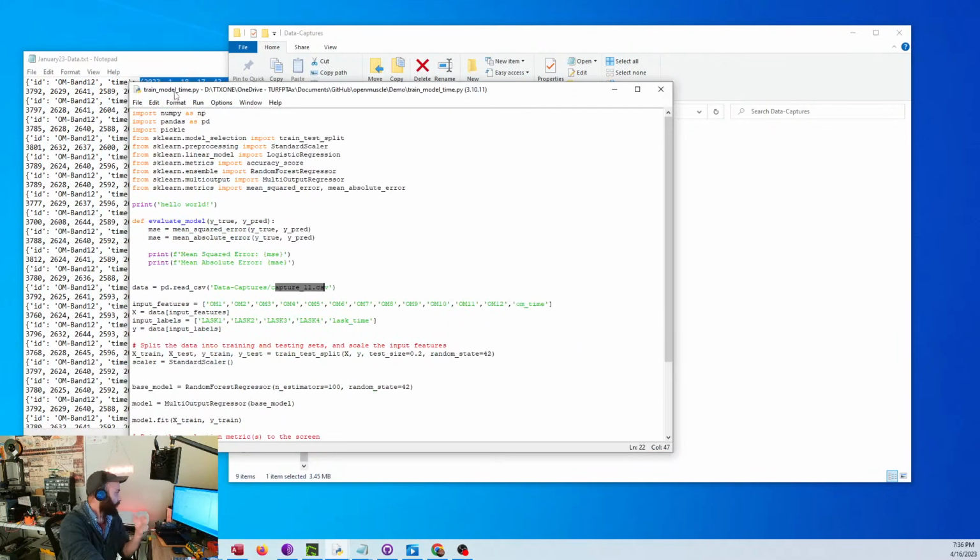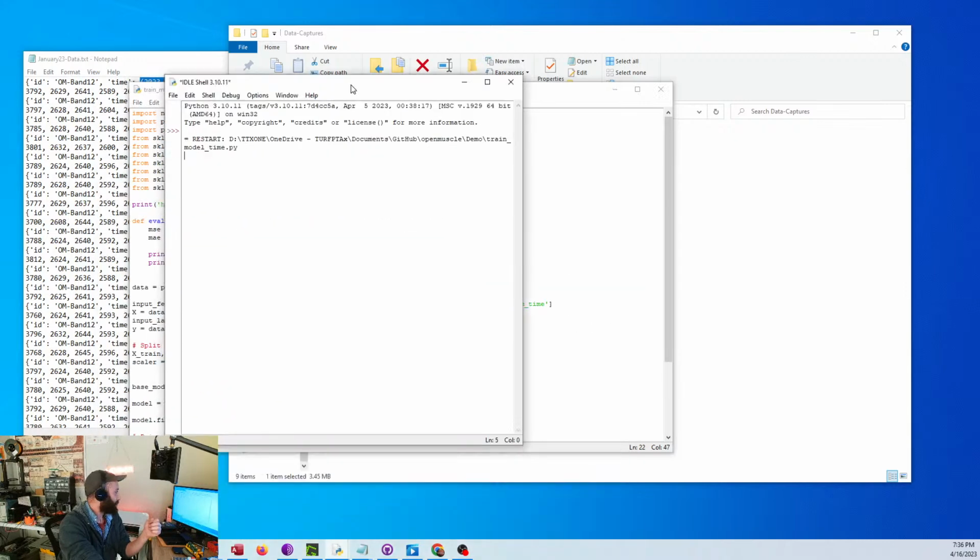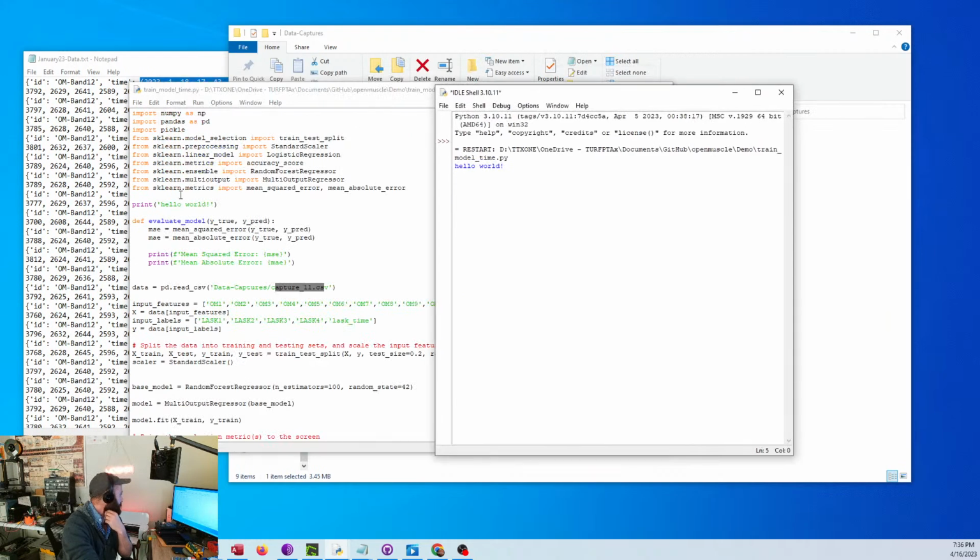So you can download the model, but if you just run it on your computer, it doesn't take very long. I'll show you. I'm going to run the model. And of course, I have Hello World on there because what program would be complete without Hello World? But it just tells me that that loads after it imports, I believe. Let's take a look at it. So yeah, it imported scikit-learn,